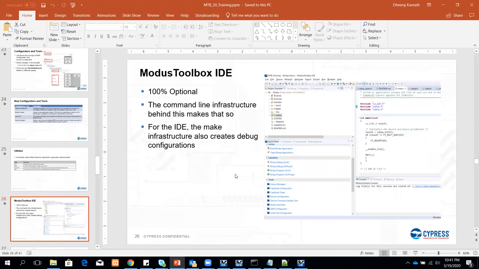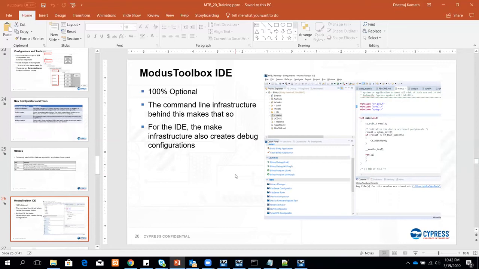Talking about the IDE, it is 100% optional. The reason why I'm saying this is because you can go from start to finish without using the IDE, because everything is now available as a standalone tool. All of them can be invoked directly or using the command line, and then you can build your application, create the executable and program. So you need not worry about opening the IDE itself.